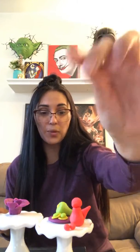And if you ran out of the same color you were using, you could use different colors. Maybe your fox has many different colors in him. 2, 3, woo, and 4. So they're almost all the same size. These 2 are a little bit bigger. It'll work. Okay, so all of these we have to make into little mini caterpillars, just like before, not long